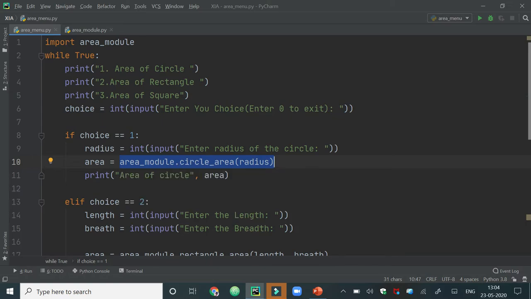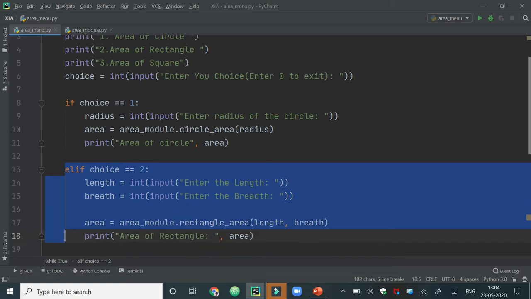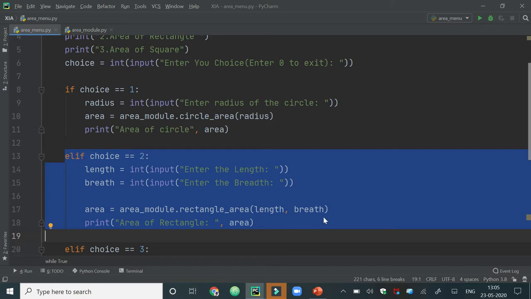Similarly, in the second choice, if the user wants to perform the calculation of rectangle area, then again the user will pass length and breadth, which are the necessary arguments for the calculation of a rectangle.